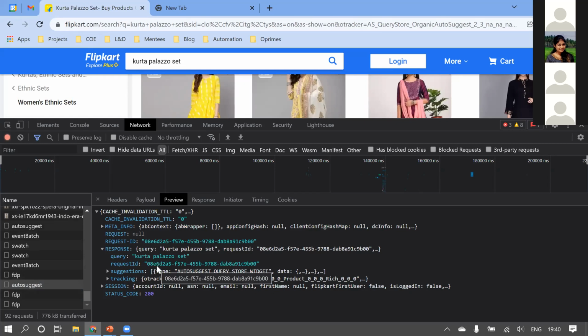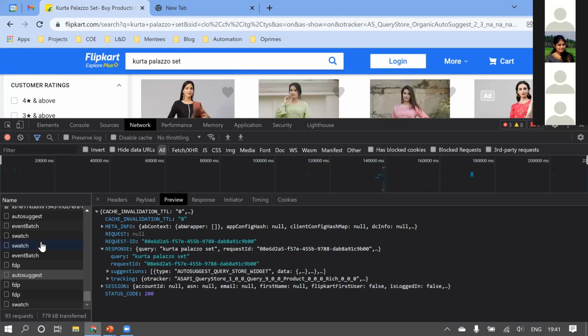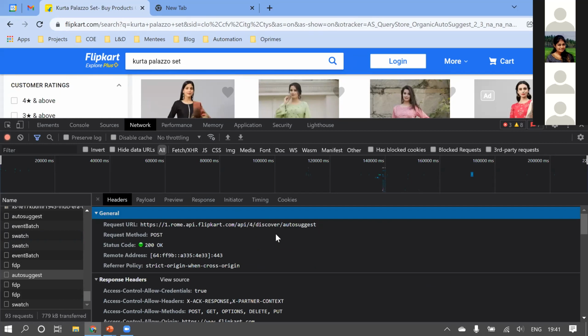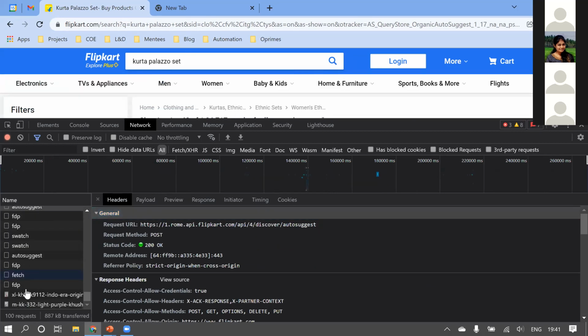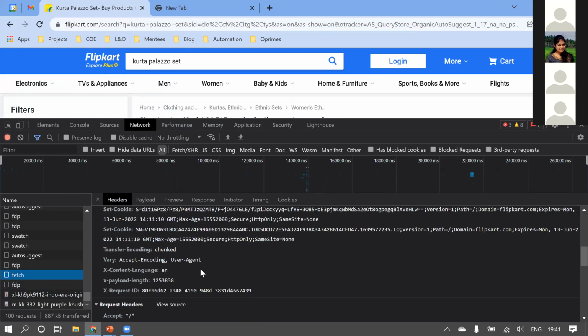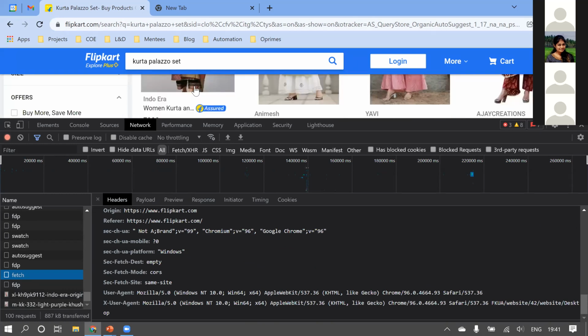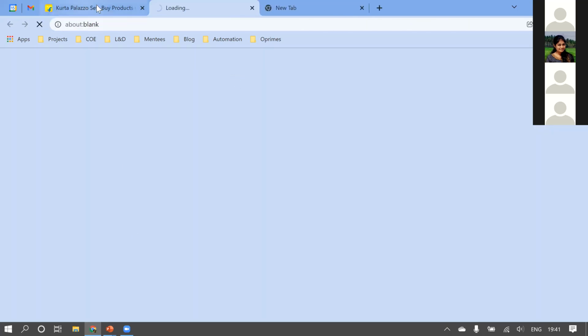We have seen now query parameter and the request parameter. Let's see some path parameter. Let me find any path parameter if I can get. Let me open some random product.